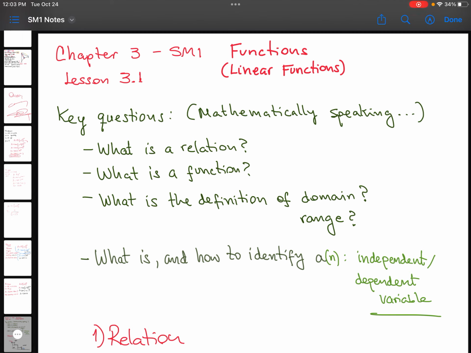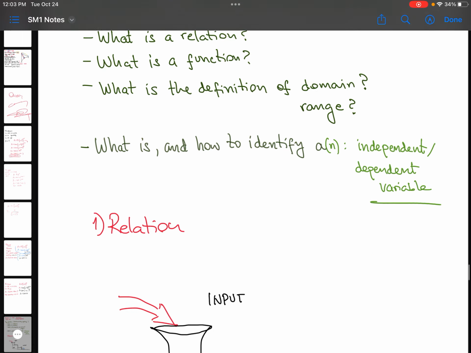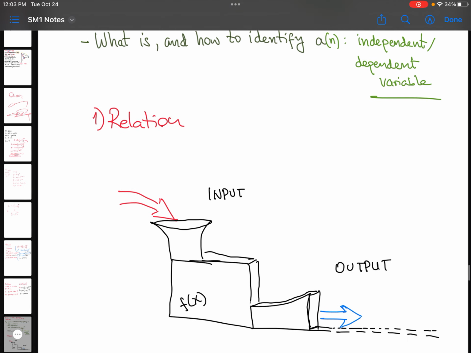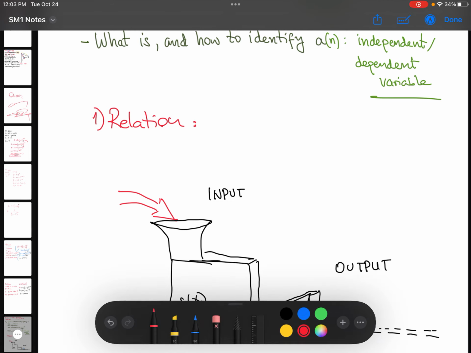In this lesson 3.1, then, we're going to review those concepts first. So this first video is going to be about that. Let's first talk a little bit about relation. The concept of relation can also be related, if you want, or connected to. So a relation can be a connection